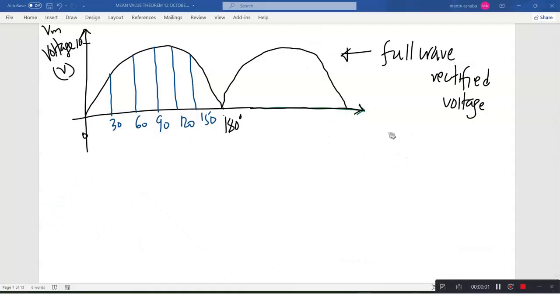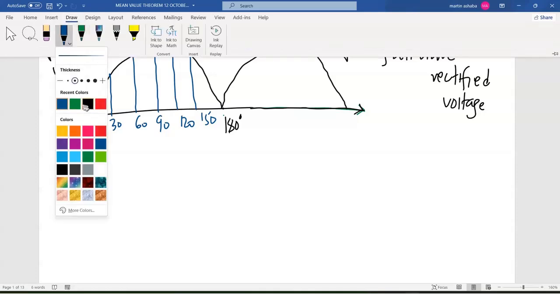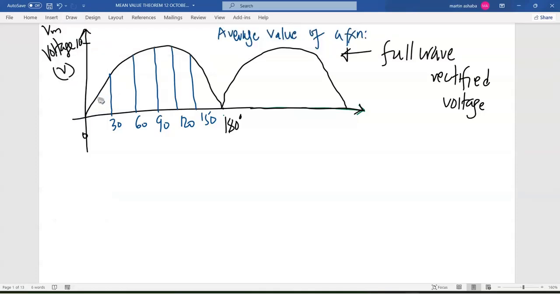So, ladies and gentlemen, let's take an example of a full wave rectified voltage. We are still looking at the average value of a function. If we divide the first half cycle into 6 sub-intervals, then each sub-interval is 30 degrees. Now, if we want to use the mid-ordinate rule, we say: